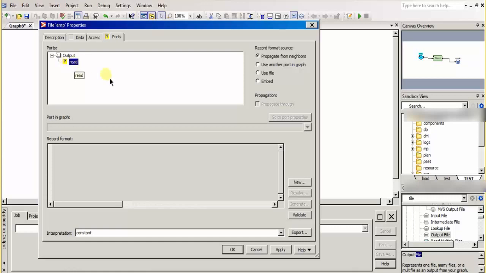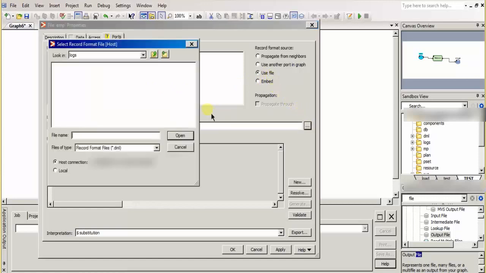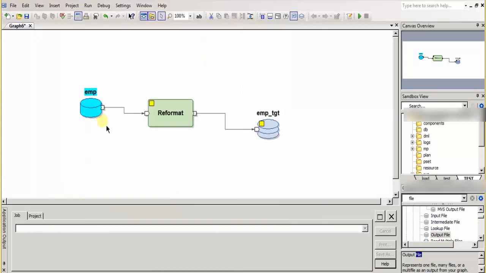For that, you have to create a source DML which describes the structure of your source file. Here you just need to click on use file and go to your sandbox, the DML, and my source DML is rr_emp.dml. Now you see the source input file component is not waiting for anything.